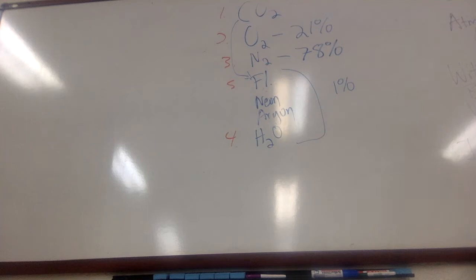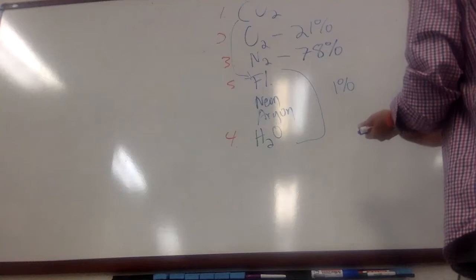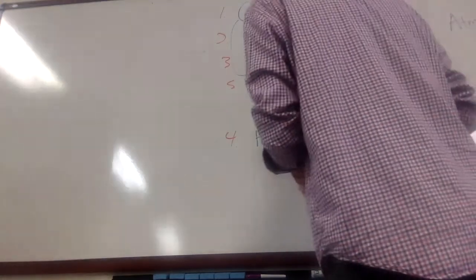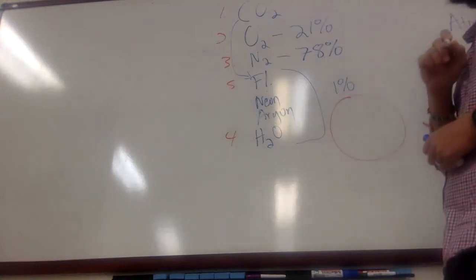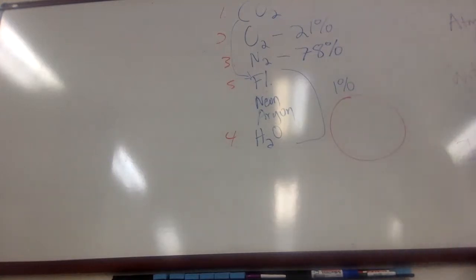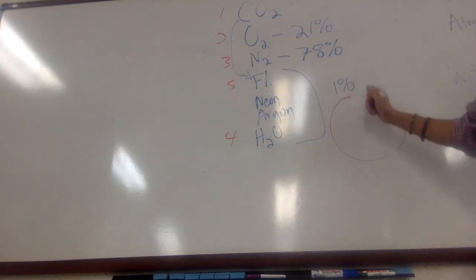Questions so far? If you drew a pie chart, maybe just sketch one right now. What would this look like as a pie chart? It doesn't have to be perfect, but sketch yourself a rough little pie chart in your notebook. So for a pie chart, I'm going to draw a circle. Then what am I going to do? Split up the circle. Like 1% and everything else. So I could split it into 100 pieces.